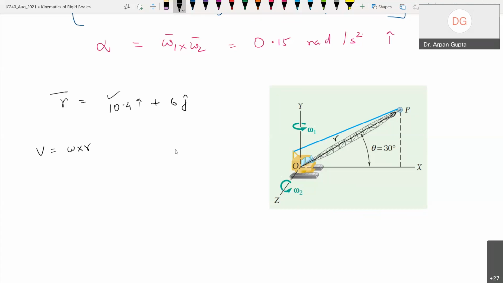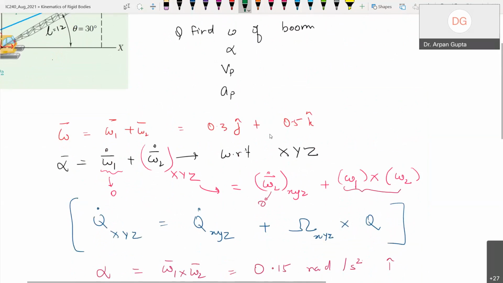So if the omega of this boom is known, now this origin again is not moving with any velocity. So the VB term is 0. And also right now there is no relative velocity of point P with respect to point B. Now in future you will see that there are cases where this point also starts moving in this direction, and that makes things more complicated. But for now this point is fixed. It is just this whole body rotating with an angular velocity of omega, which we have already calculated.